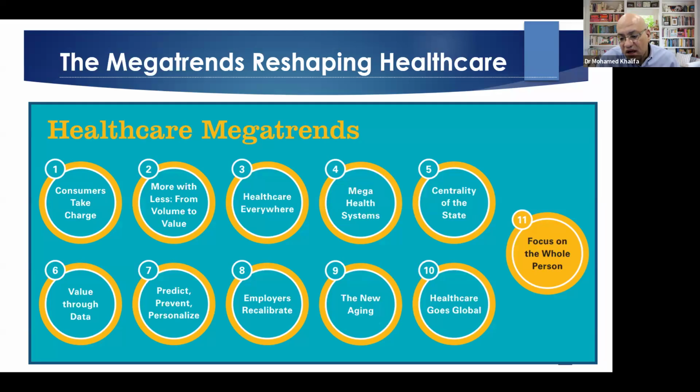And then centrality of the state, which means that the government lies at the center of providing these public healthcare services. And then value through data, predict, prevent, and personalize, because more data, more intelligence, more information, big data analytics will help us to predict and then to prevent conditions like health promotion, and then personalized healthcare